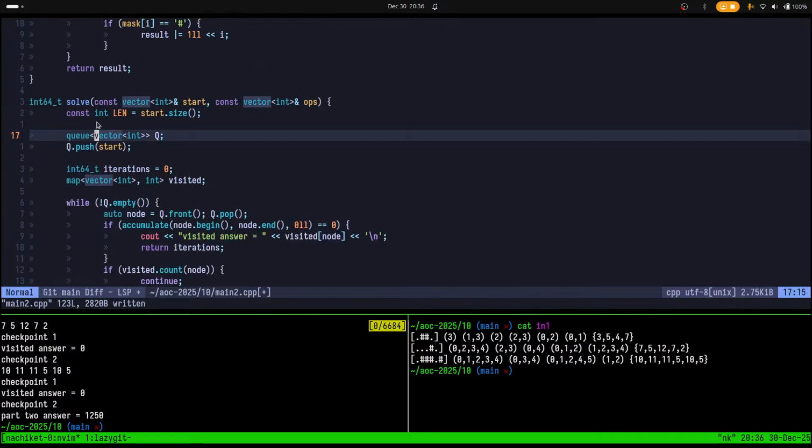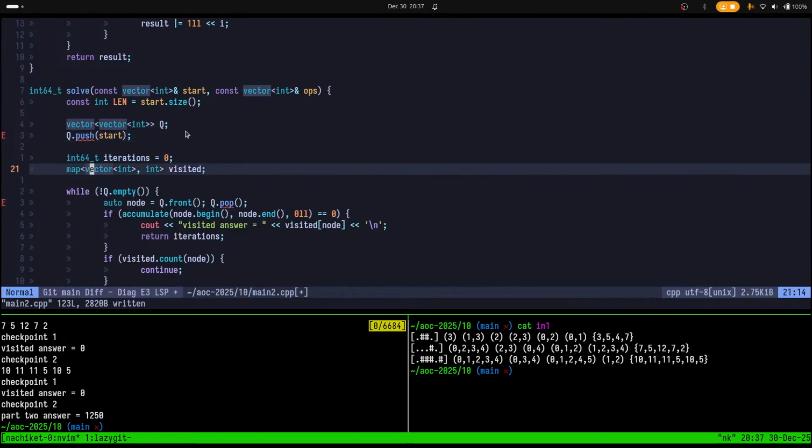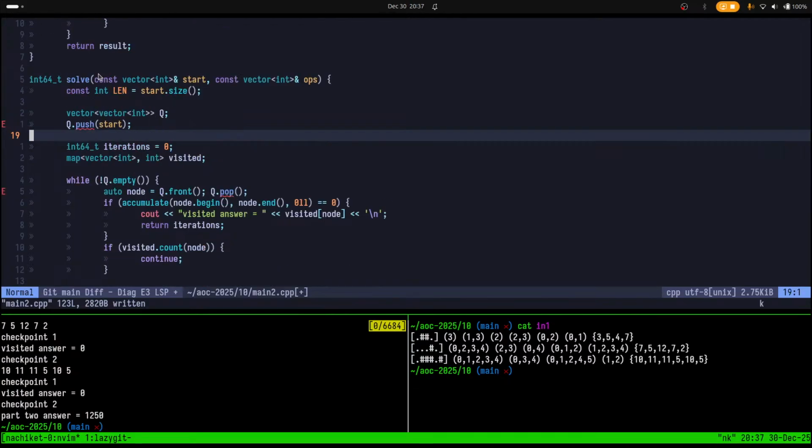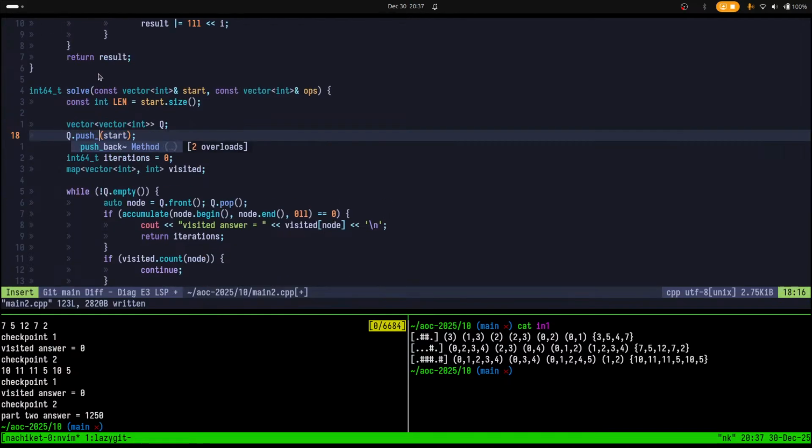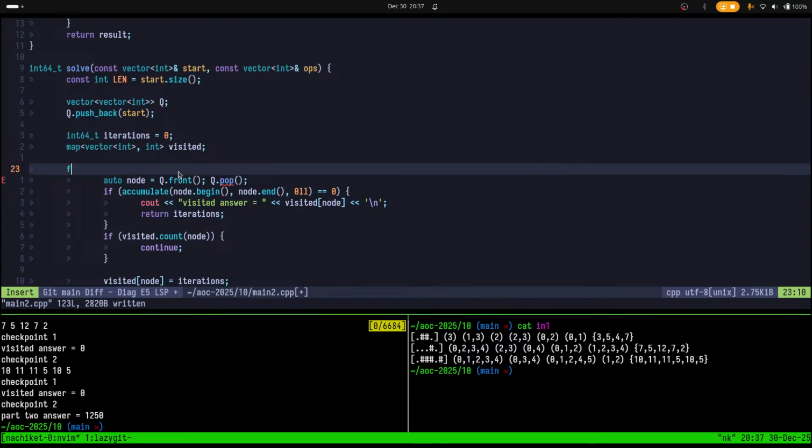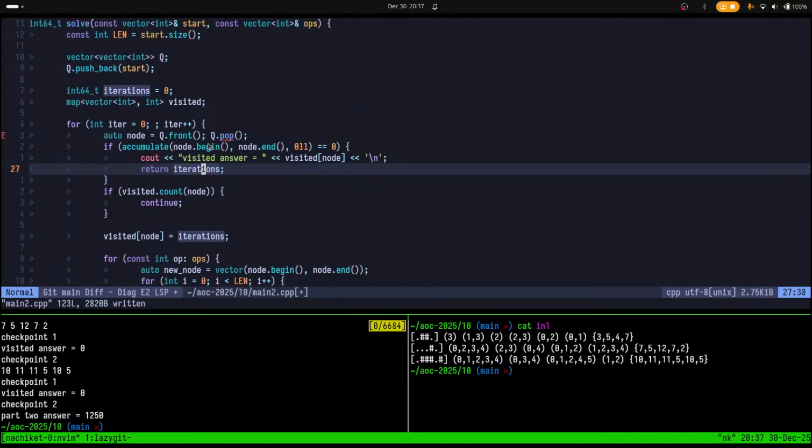I think the queue should also have what distance we are at currently. That should also not be a problem actually. Let me write this in a simple format. So instead of queue, I'll use a vector and I'll replace this vector every time. So let's say pushback start, and I will simply replace this by the number of iterations that we are performing. So there is 0. Let's make this infinite loop plus plus, and inside this I will